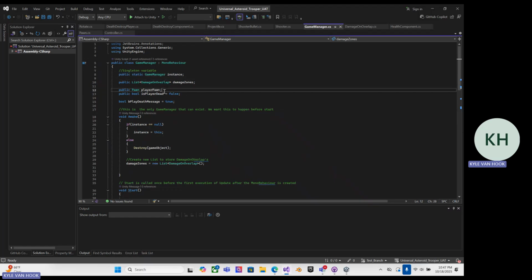It keeps track of the player pawn, of a bool if the player is dead, which has to do with one of my new death component, a bool to track whether to play death message, which is somewhere down below, and it also tracks a list of damage zones or damage on overlap. Going through this